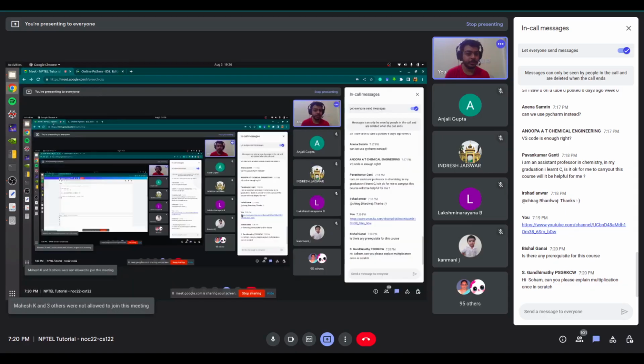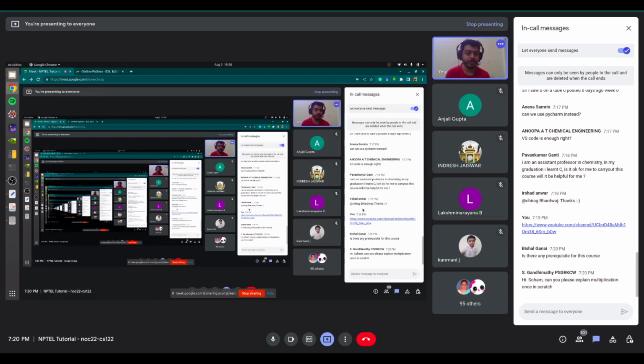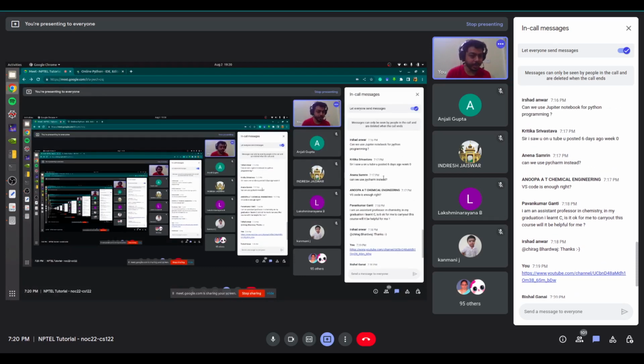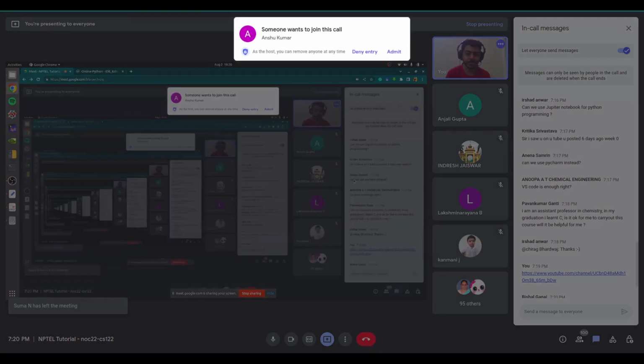So you don't really need to install Anaconda or anything. You can use Jupyter notebooks also. And yeah, someone also asked about PyCharm. You can use PyCharm too. Anything that you can run Python on and you are comfortable with, you can use. You can also run online, like I showed you.